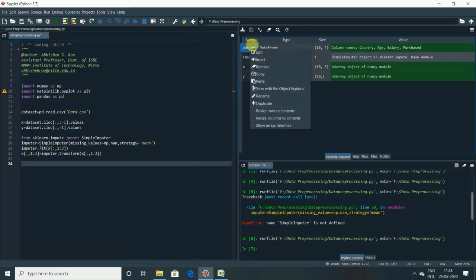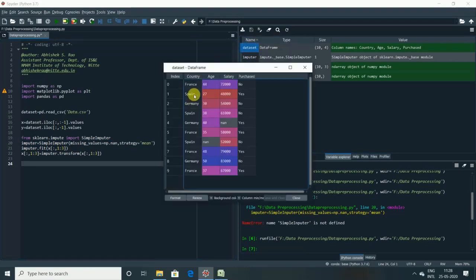We have one column with the categories France, Spain and Germany, and it will be difficult for a machine learning model to compute the correlation between these columns and the outcomes. Correct? So therefore we have to replace these three categories with numbers. The basic idea would be to encode France to 0, Spain to 1 and Germany to 2.